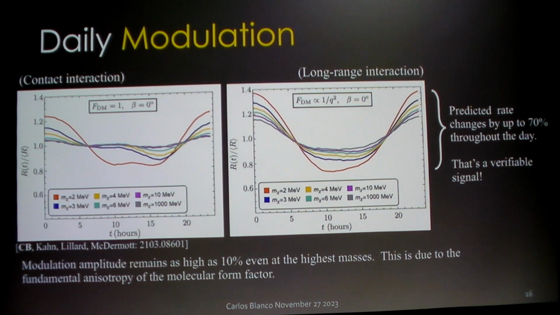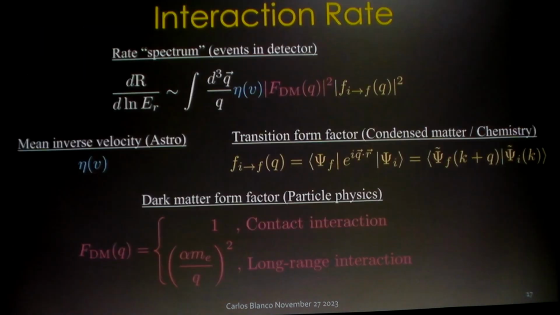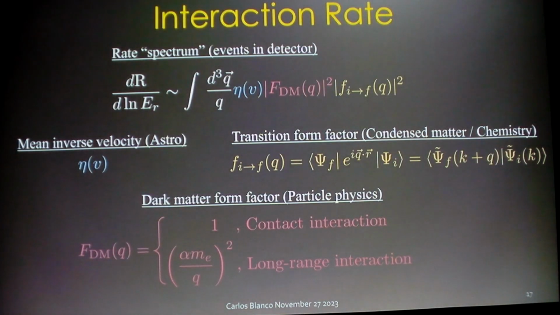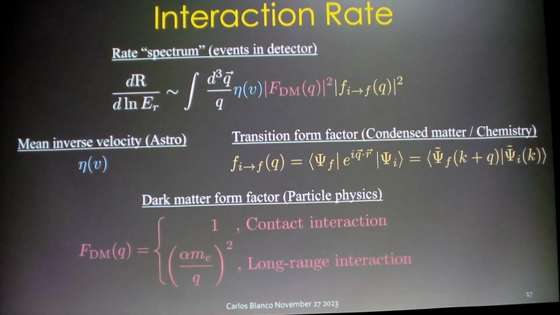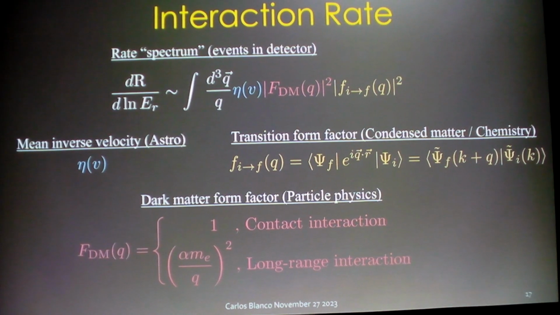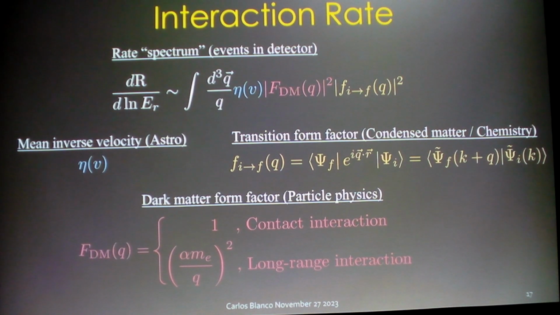Okay, so this is something that we take into account. This is a full simulation of the velocity distribution. It's not just asking how you change if all of it comes from here or all of it comes from here. Okay, neat. And this shouldn't be surprising because we've selected a target where this transition form factor is anisotropic, and so we should expect that the rate is anisotropic. That's what drives this. Here you were asking about this object, right? The velocity distribution. We've modeled that fully in these simulations.